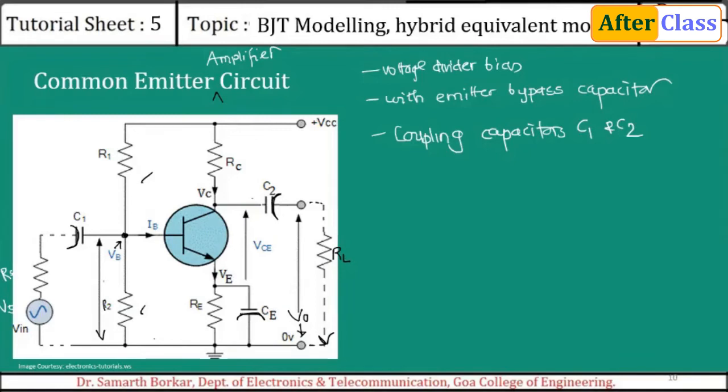So Rs is connected to the transistor base via the coupling capacitor. C1 and C2 couple the external load. What is the need of C1, C2? We have seen in the previous class that for a common emitter circuit, if this is the input and I feed it to a common emitter amplifier, the output will be in the opposite direction, keeping the frequency constant. This frequency will remain constant. That is what is called faithful amplification. Okay, this is the common emitter circuit.